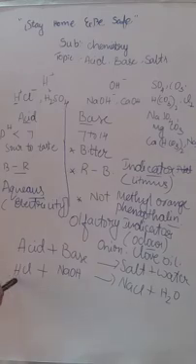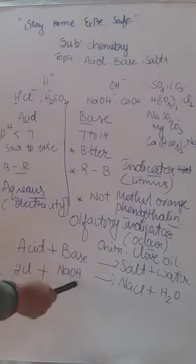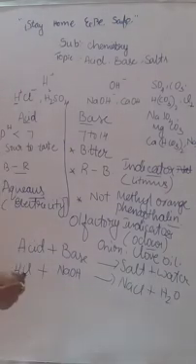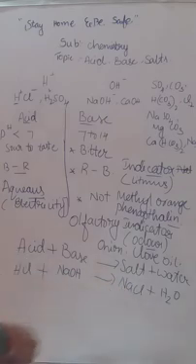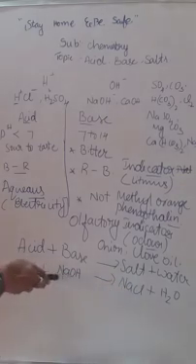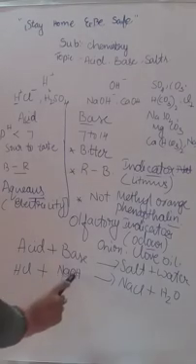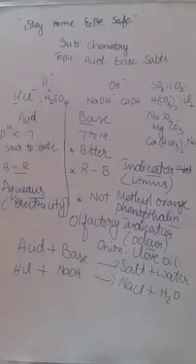So here hydrogen 1 is there, here also hydrogen 1. So 1 plus 1 is 2, and on the product side hydrogen 2, balanced. And chlorine, here 1 chlorine is there, here also 1 chlorine, it is also balanced. What about sodium? Here 1 sodium, here also 1 sodium, it is also balanced. What about oxygen? Here 1 oxygen and here also 1 atom of oxygen. Yes, all the atoms of hydrogen, chlorine, sodium and oxygen are balanced, so it is not necessary to balance it, it is balanced. Keep in mind what happens if an acid and a base react with each other.